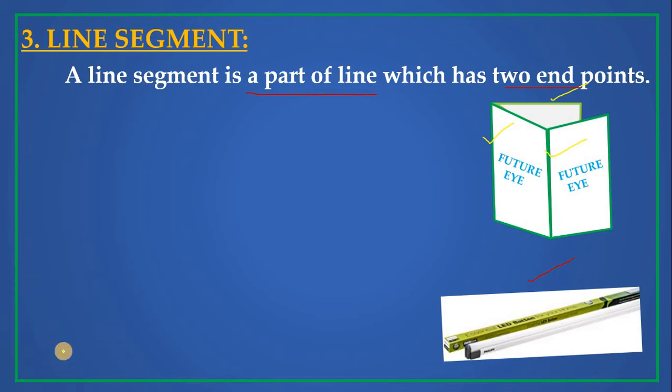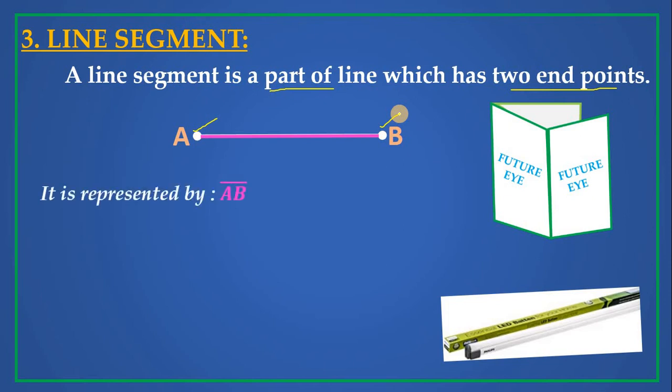Understanding this is very important, children. A line segment is a part of a line which has two endpoints. We can name a line segment like this. I have drawn a line segment here, and here there is a beginning dot and here there is an ending point. I'm giving the names A and B. So here AB has become a line segment. Why? Because it has two definite endpoints. The starting point is there and the ending point is also there. Hence we can measure this length.